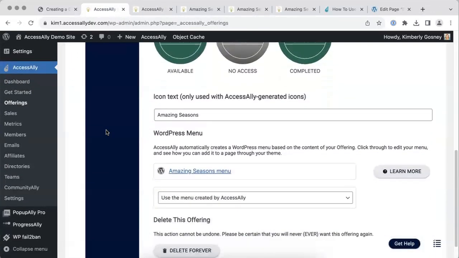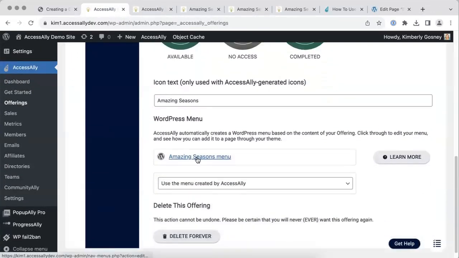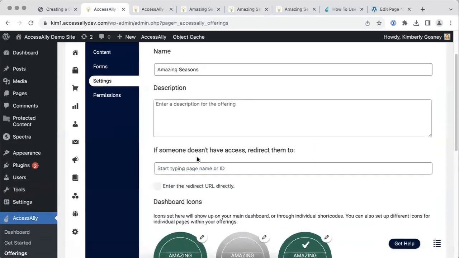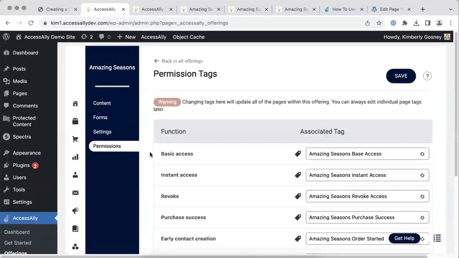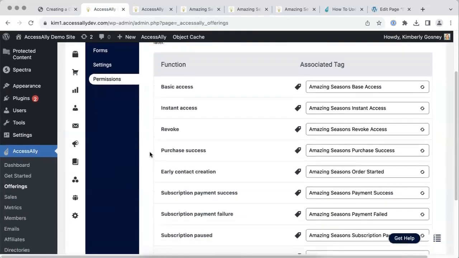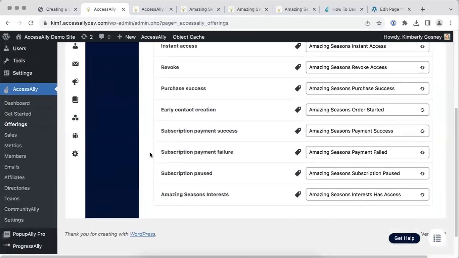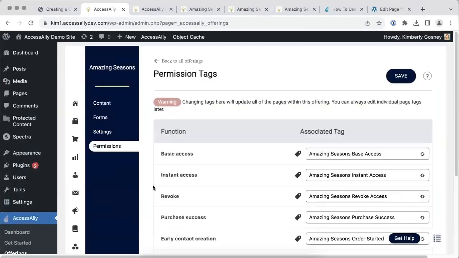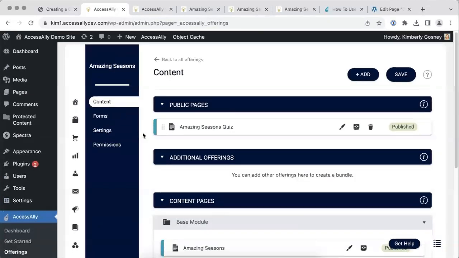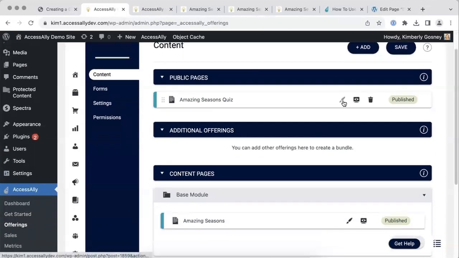And I am attaching this to a WordPress menu, and we'll cover the menu options in just a minute. And then finally, our permissions covering the tags that this customer might have as they're starting this journey. So the Amazing Seasons interest is what's going to appear for them once they complete the quiz and download their results. Now we're going to look at the next step within this workflow, which is the adding of the quiz